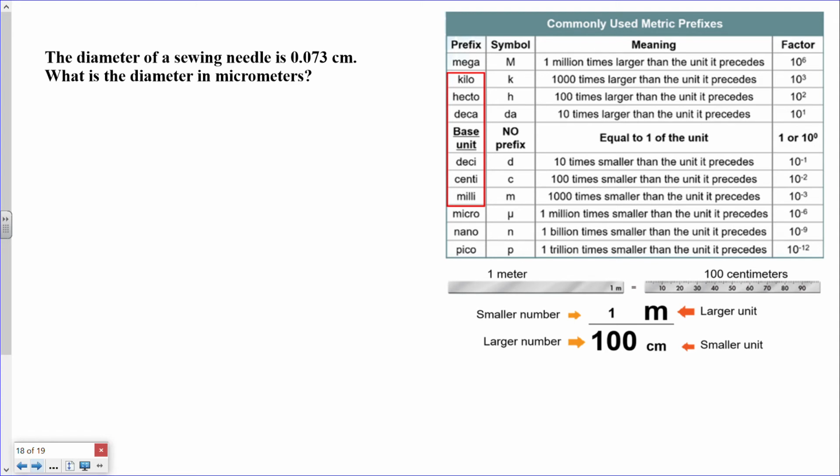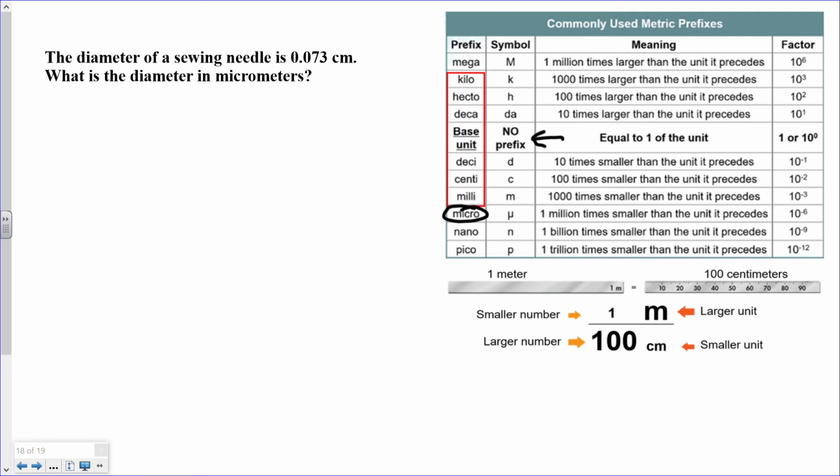In this question, it tells us that the diameter of a sewing needle is 0.073 centimeters, and it wants us to figure out what this is in micrometers. Now, micrometers is right down here, and we notice it's outside of our normal box where we can just slide our decimal to convert. So here, using our metric prefixes as conversion factors might make this simpler. So when we have two conversion factors that we want to convert, sometimes it's easiest to get to our base unit first